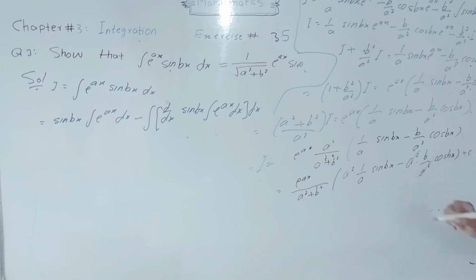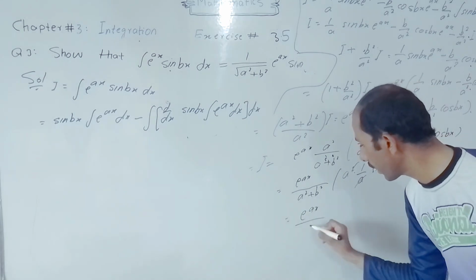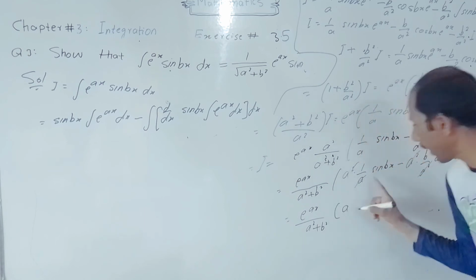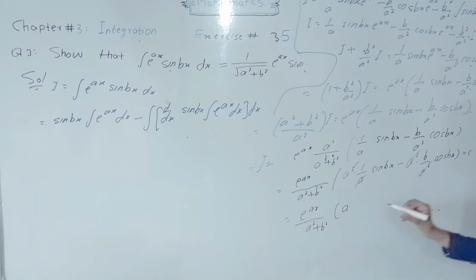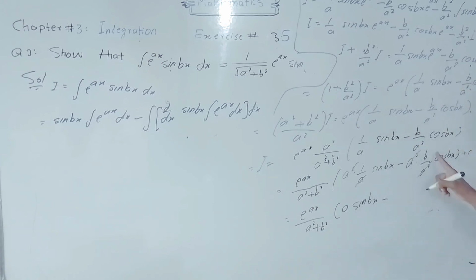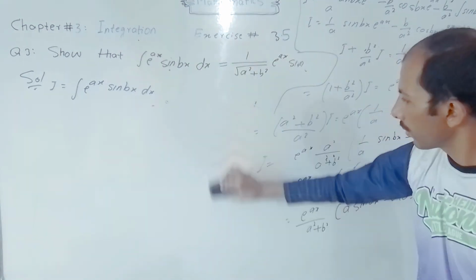So a square cancels, a square cancels, which is equal to e power ax divided by a square plus b square into a sin bx minus b cos bx plus c. So next,